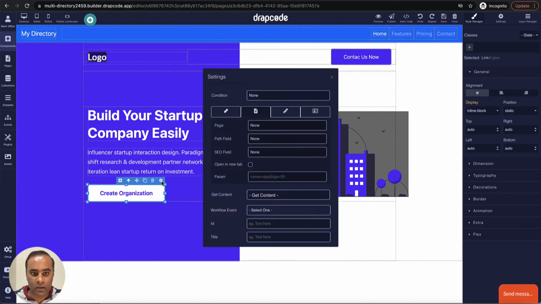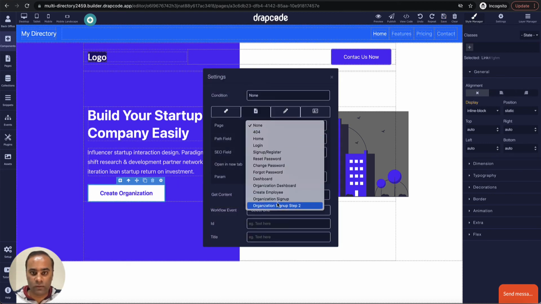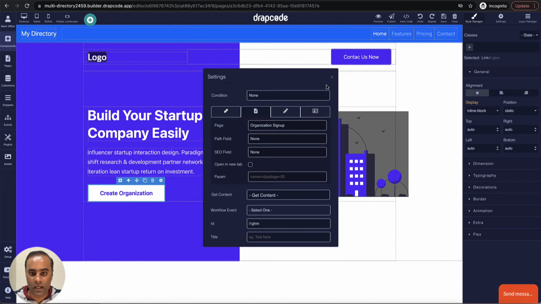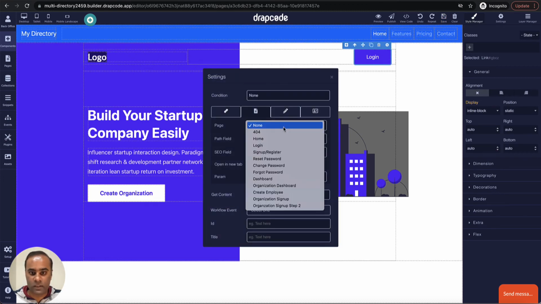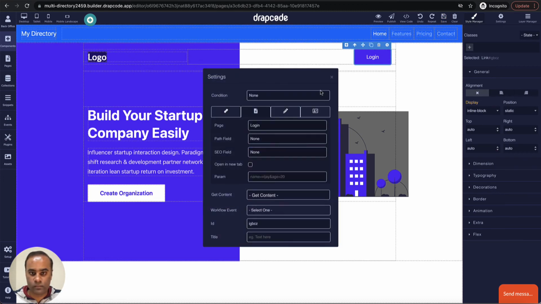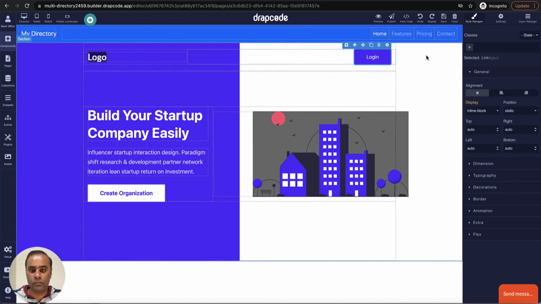And we will link to the organization flow. So the very first step is organization sign up. Okay, let's go and complete the flow, and maybe link this button to login page. Okay, so I'll say login, link it to the login page. That's all.